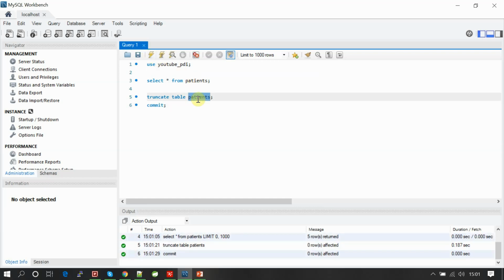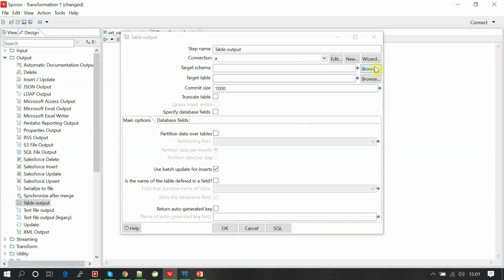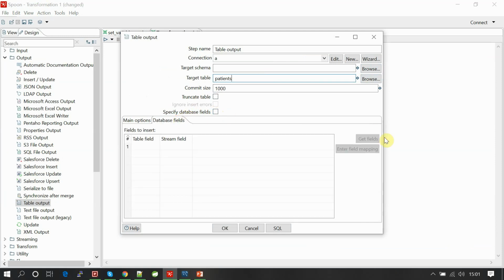So the table is patients. You can browse the table here, or else if you want, you can just copy paste the table name and specify the database fields. See, these fields are grayed out because you didn't check this field. If you specify this, it allows you to get the fields and map input stream to output stream.